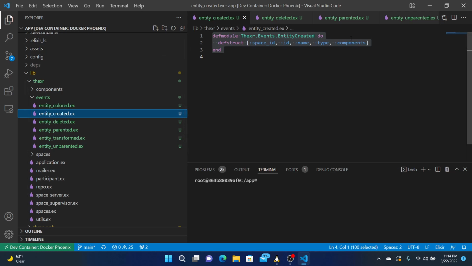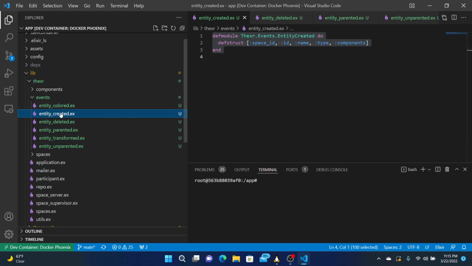Otherwise, we'll have a single event that's weighing heavily on maybe different kinds of components and type, versus being enumerated, like all these entities can be created. That way we could get more specific with what kind of components are necessary. So I kind of like that.